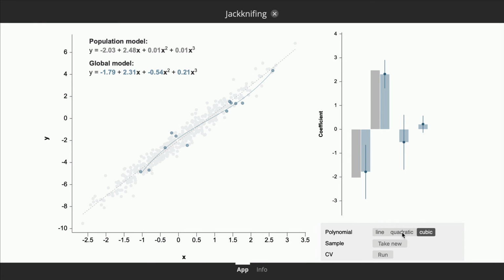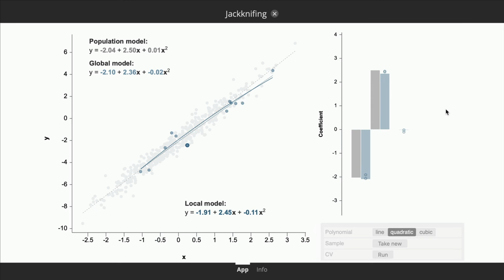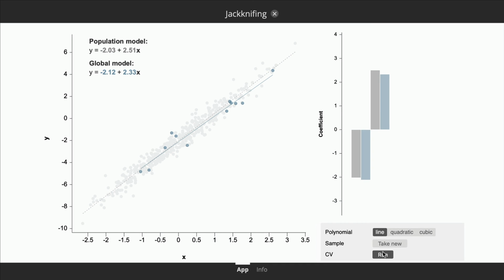However, if you see that this first one is probably not significant, you remove it. For example, you say, okay, let's take the quadratic model. You run cross-validation again, and you make the jackknifing. You can see this variation is smaller now. So you can see that the confidence interval will be a little bit narrower. Let's wait. So, okay. But this one still, you can see, crosses 0, right? So if you take a linear model and then run it,